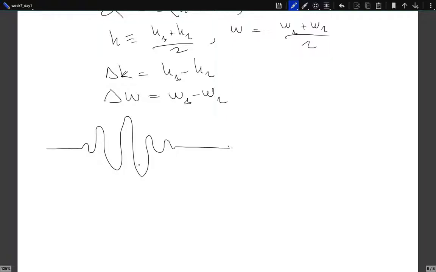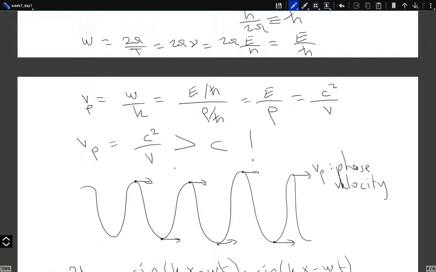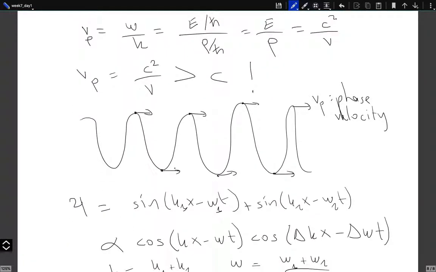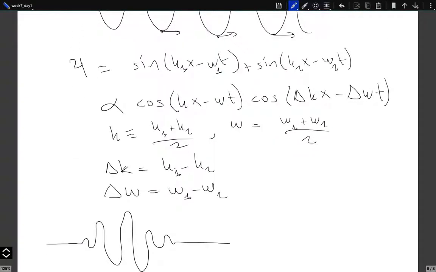Then the question is, here we were looking at the harmonic waves to describe my particle. One problem that we faced when we were using harmonic waves was that these harmonic waves are moving faster than the speed of light. It just doesn't make any sense. And then we said, okay, our new interpretation, let's say, is that fine. I'm not really interested in what's called the phase velocity, but I'm interested in what is called the group velocity. If you look at this wave,